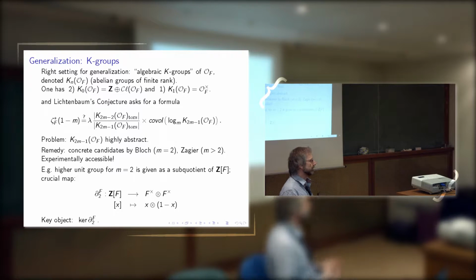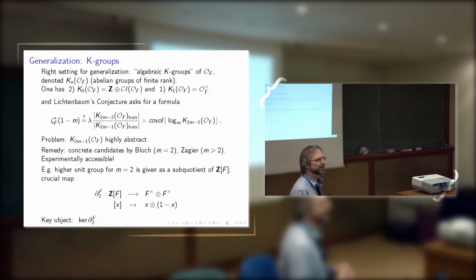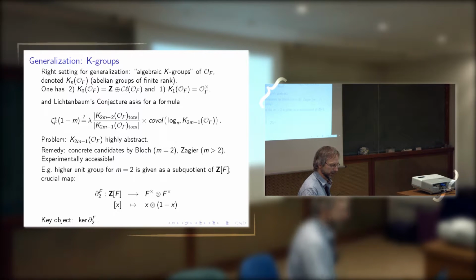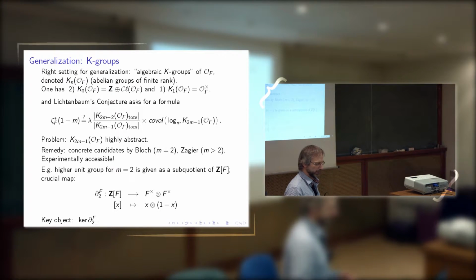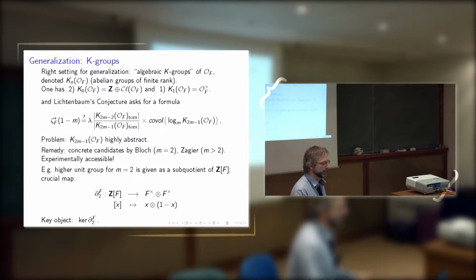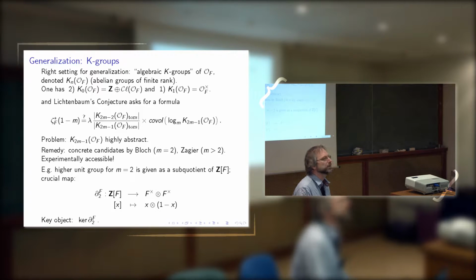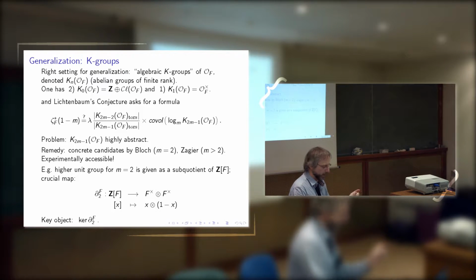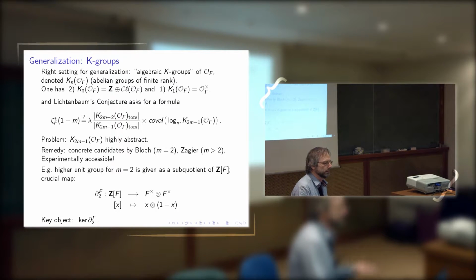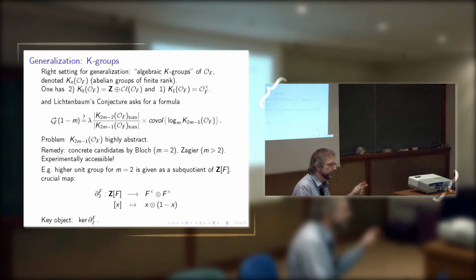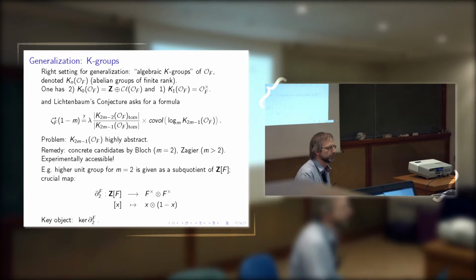Now the right setting for this is what's called algebraic K-groups of number rings. Think of that mainly as a black box. Just think they are abelian groups of finite rank for that purpose. For these number rings, it's always abelian groups of finite rank, so it's not too frightening as an object. And so I start with the second one first. K_0 of O_F, the zeroth such, is known to be essentially the class group up to a factor of Z, which is not so important here.